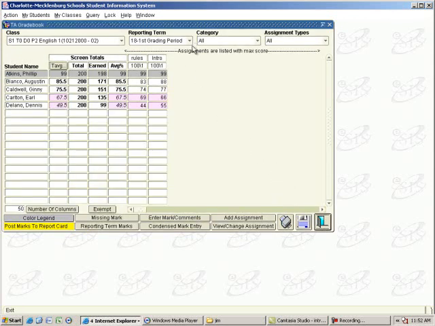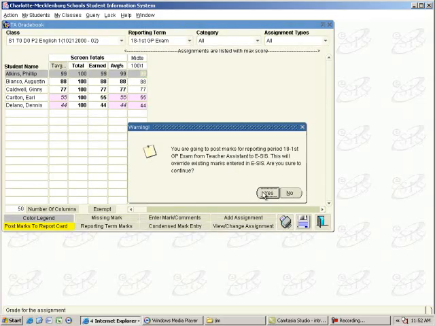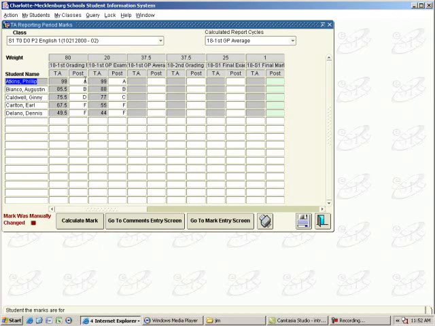and this time we're going to post the first grading period exam. So we're going to choose that. You can see the grades are in there, and we're going to post those to the report card. We're going to say yes, choose alpha, say OK. Now we have a letter grade for the exam and for the first grading period,